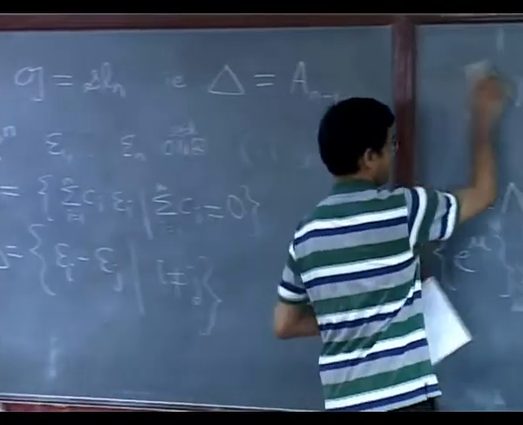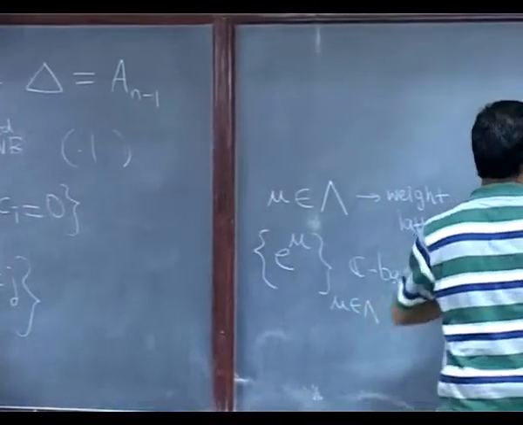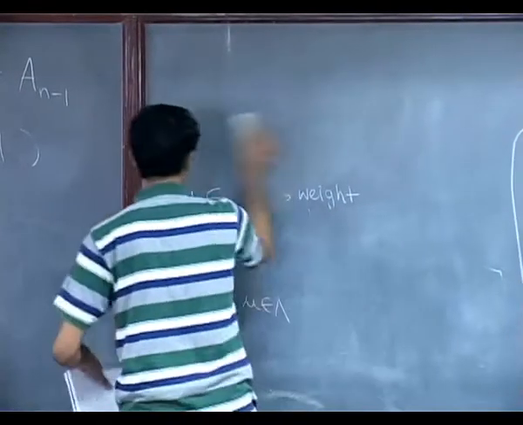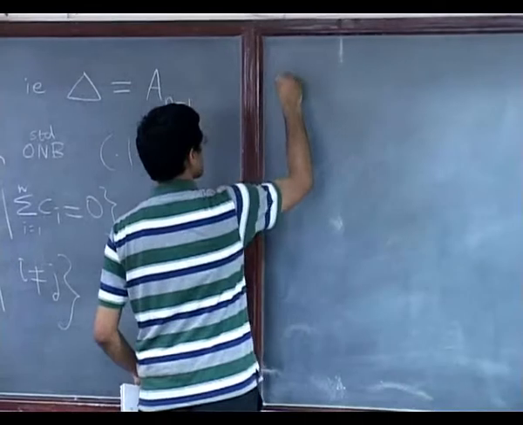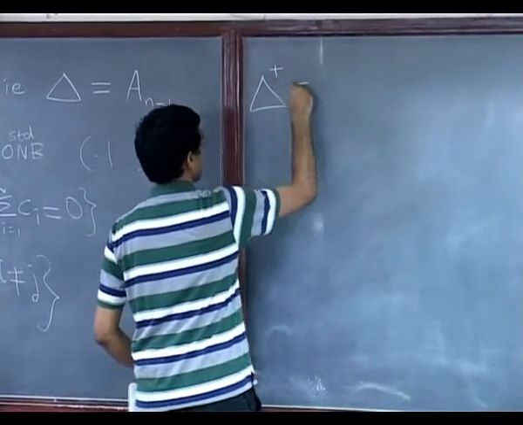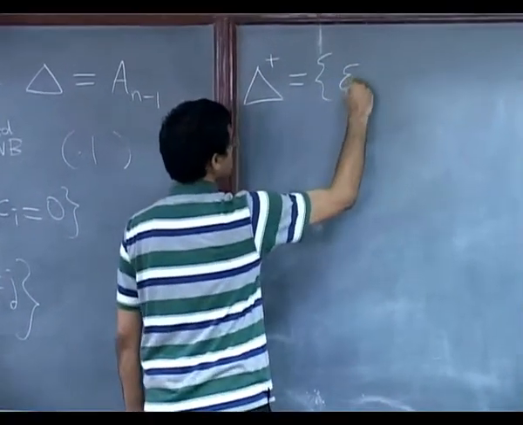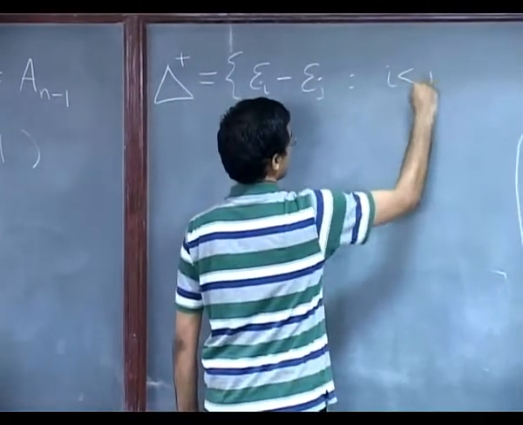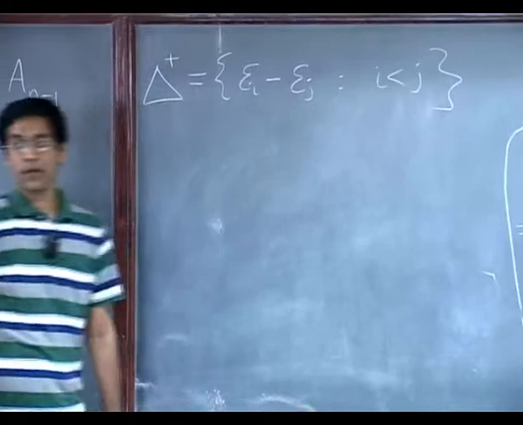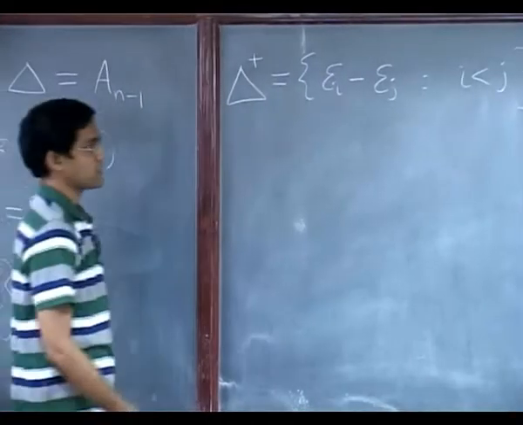And remember here, to carry out this computation, we also need to know what the positive roots are. So again we did this before, we said we could always choose them like this: epsilon i minus epsilon j, where i is less than j. Okay, so those are the positive roots. Now what are the other ingredients we need?